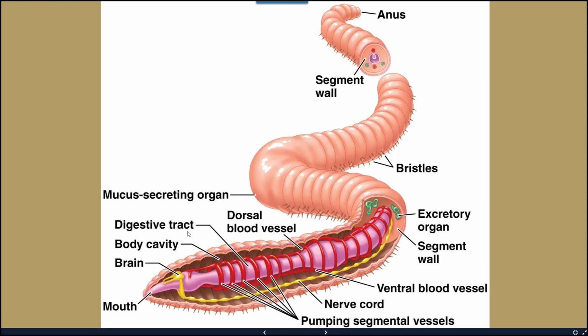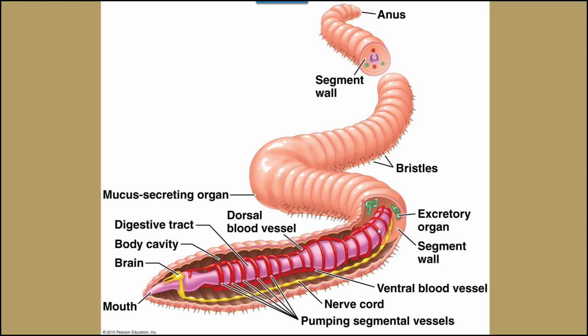a small, cute little brain here, a body cavity. They're going to have a digestive tract here, a crop and a gizzard located about here, and then just along the inside here is where things start to mix around and change a bit. There are some reproductive structures in here as well, the gonads. These organisms create both male and female egg and sperm, so they don't necessarily need to find another earthworm in order to reproduce, which is interesting.